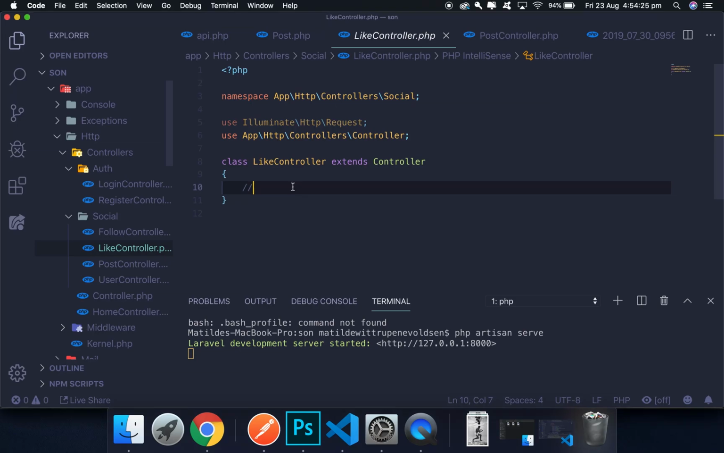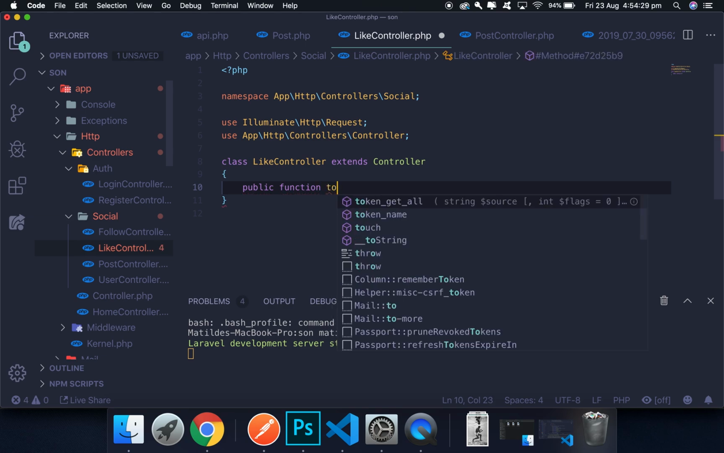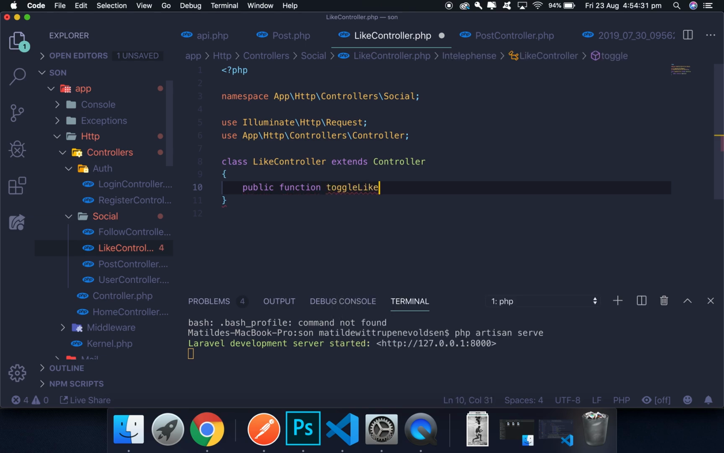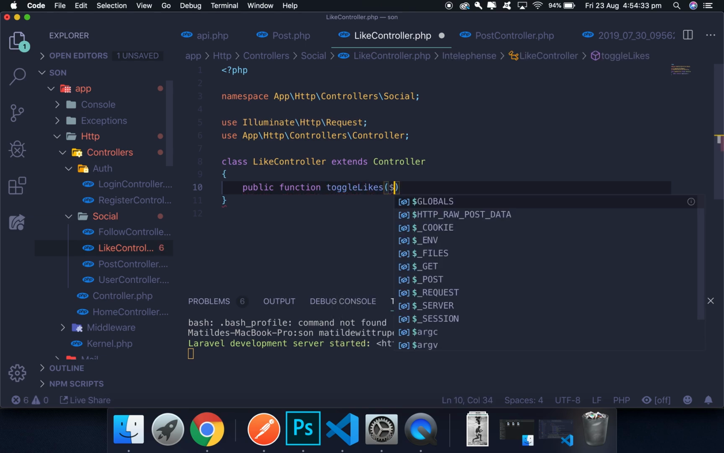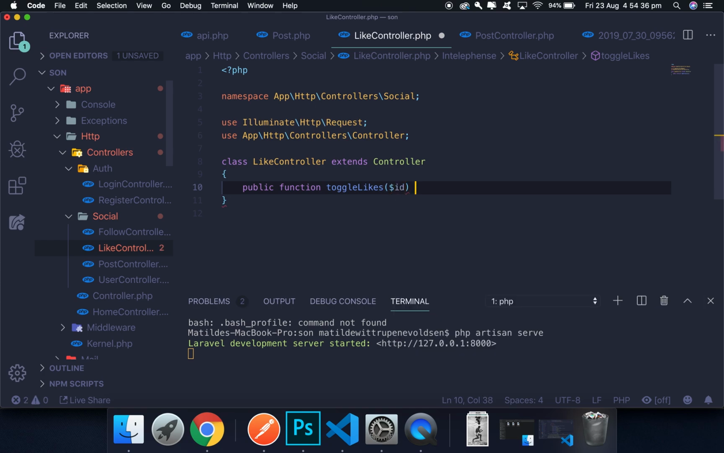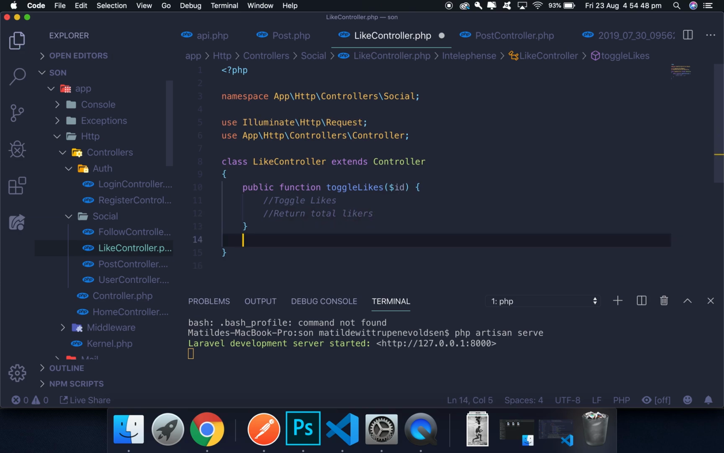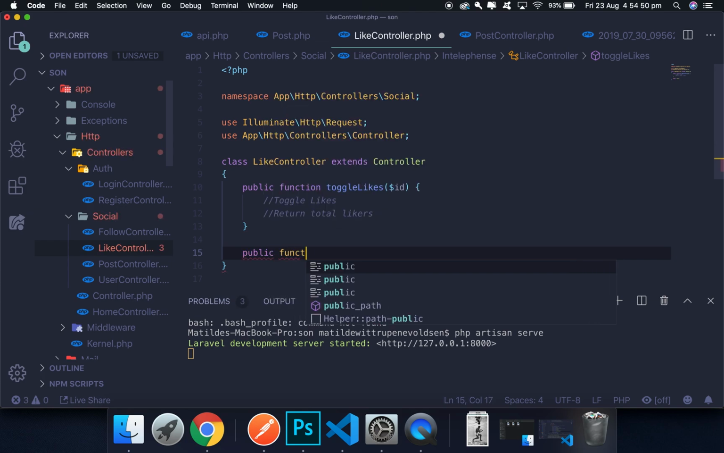Alright, so in this video we're gonna create a function to be able to basically toggle the likes on a post. So we're gonna pass in an ID here, and then we're gonna toggle likes, return total likers, the people that have liked the post, and then we're gonna create a function here that we're gonna call